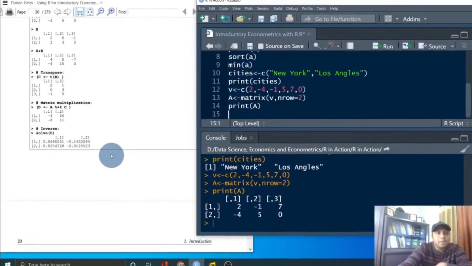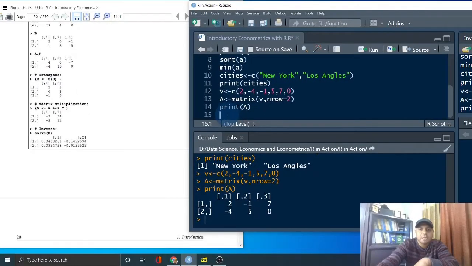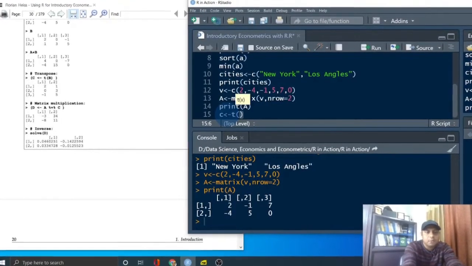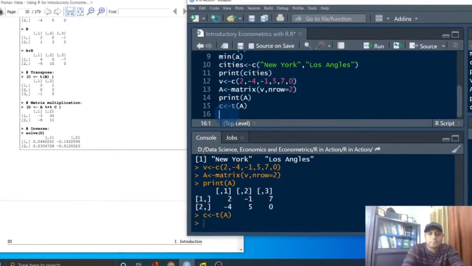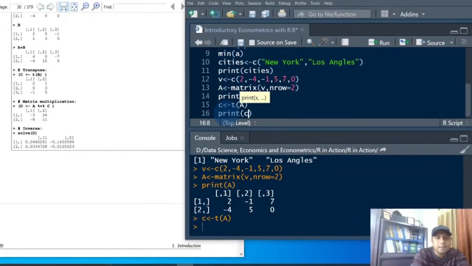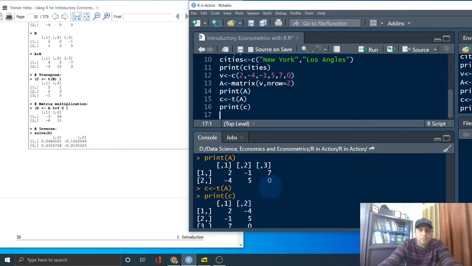Okay, and you can transpose the matrix like this one. For instance, if I transpose our matrix A, our transpose function, which is C, is our new object, let's assume. Then use the R syntax, T is the transpose function, and then we use A. Then if we print our object C, we have this transpose matrix, which means this is the normal matrix and this is the transpose of